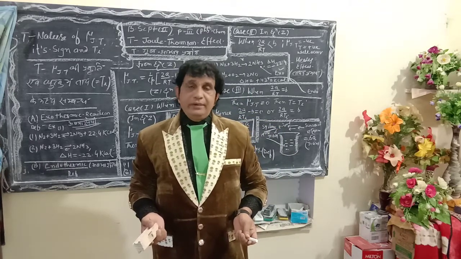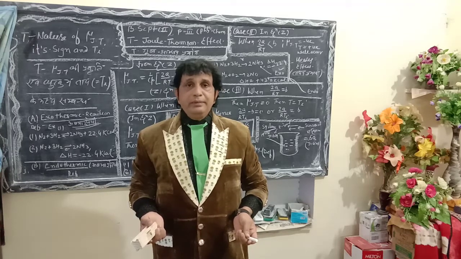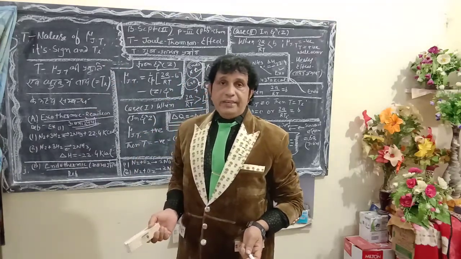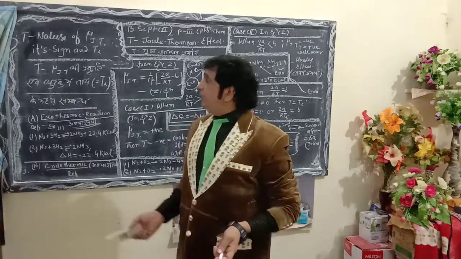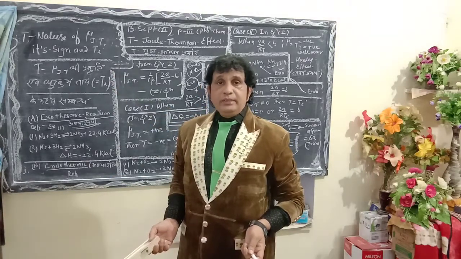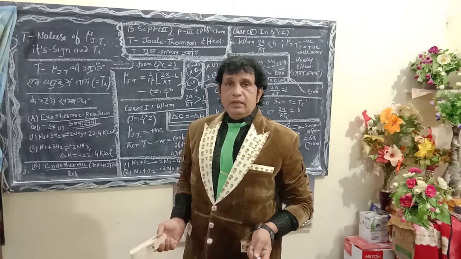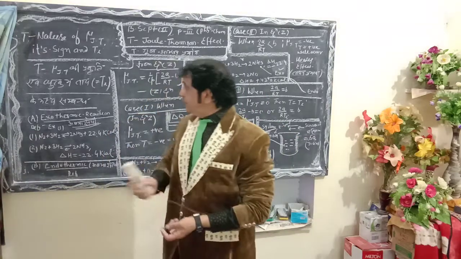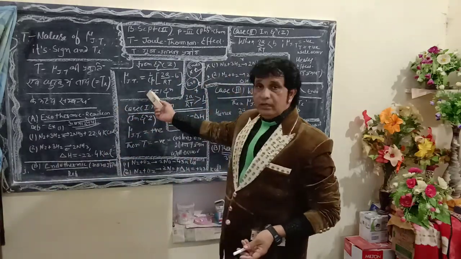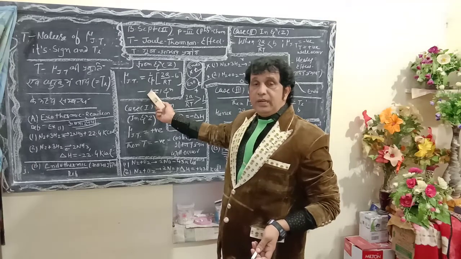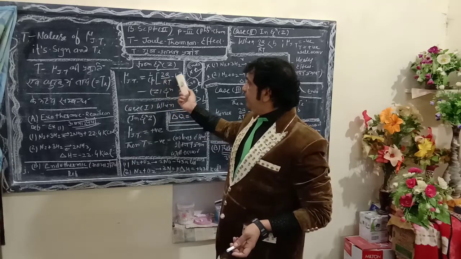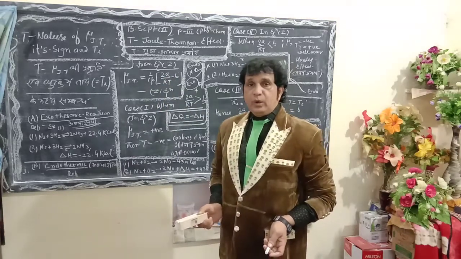So the topic I will deliver today for BSc Part 2, Unit 1, thermodynamics, is the nature of mu-J-T and its sign, and the calculation of Ti. Once again, let us pick from equation number Z the mathematical formula we calculated yesterday: mu-J-T equals 1 upon Cp times (2a upon RT minus b). Say, that is the Z equation.